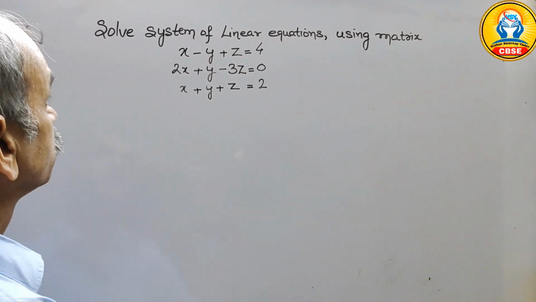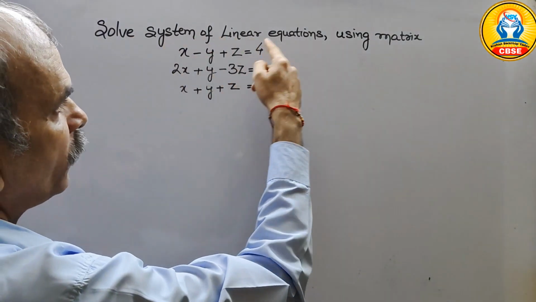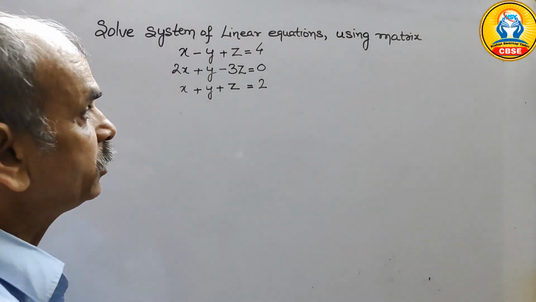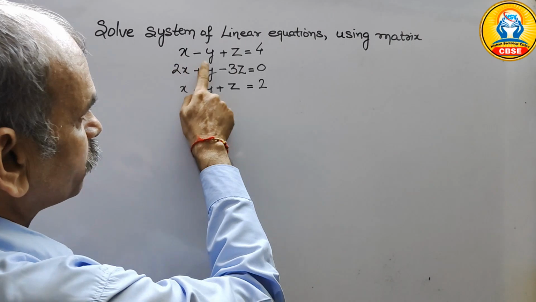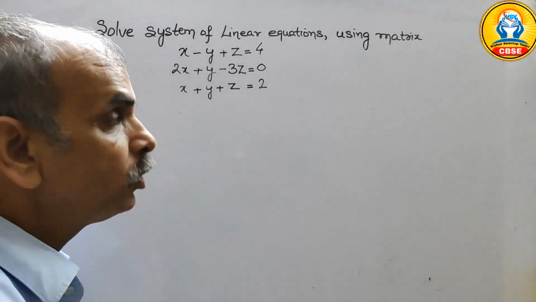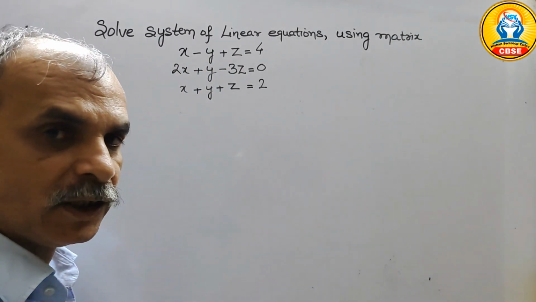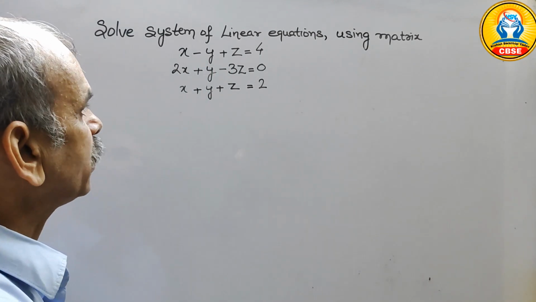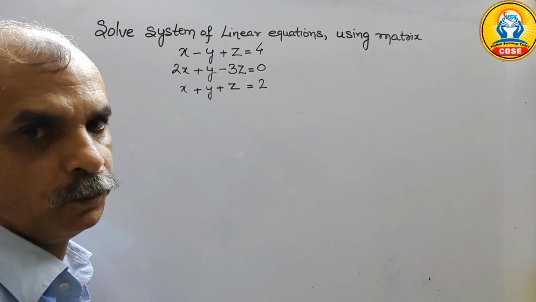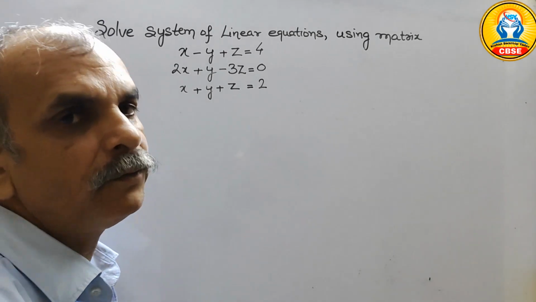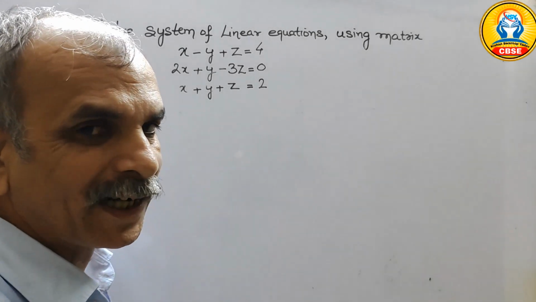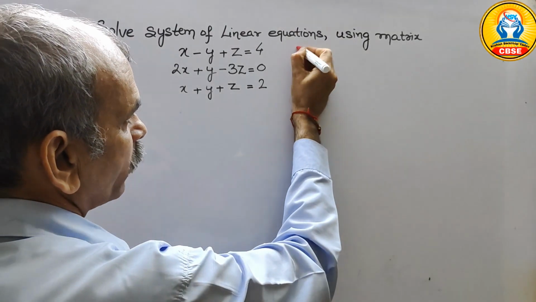Your question is to solve a system of linear equations using matrix. Here they have given three equations: x minus y plus z is equal to 4, 2x plus y minus 3z is equal to 0, x plus y plus z is equal to 2. So here we have formulas. What are those? So first is your A